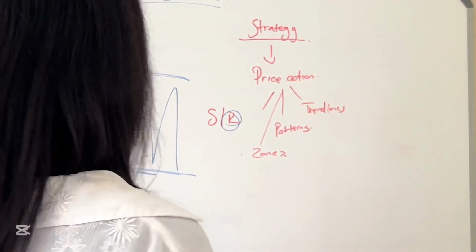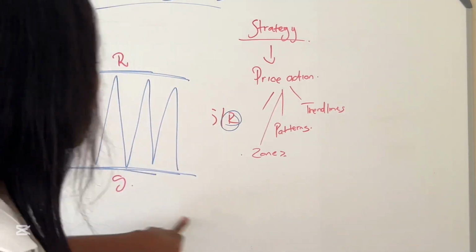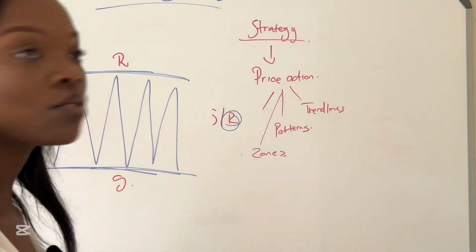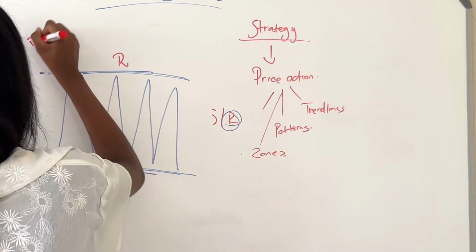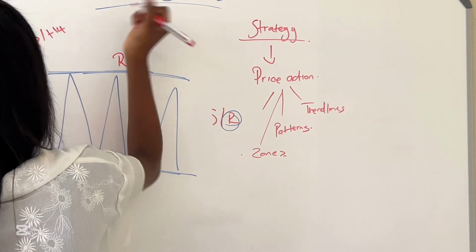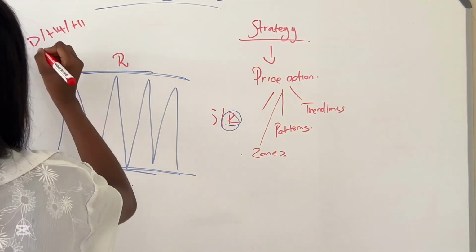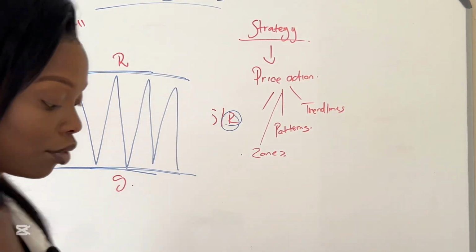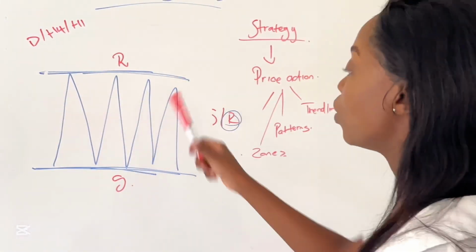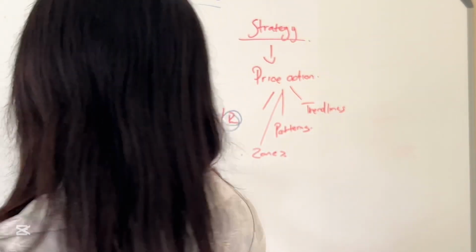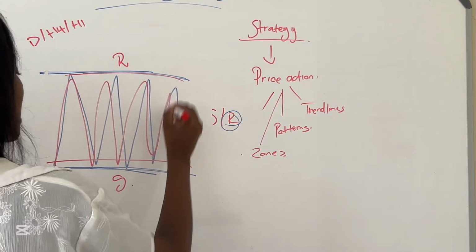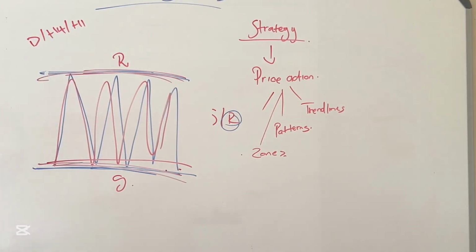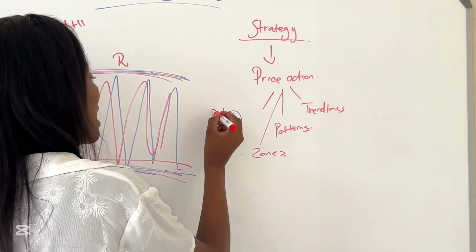So someone will ask, which time frame do I draw my support and resistance on? I believe that you can draw your support and resistance from your daily time frame, your H4. I usually use these time frames. They usually share the same support and resistance. I usually use my high time frame to determine the highest point and the lowest point of my market. So this is basically my market, and this is the lowest level of the market, and this is the highest level of the market. So that is how you determine your support and resistance.